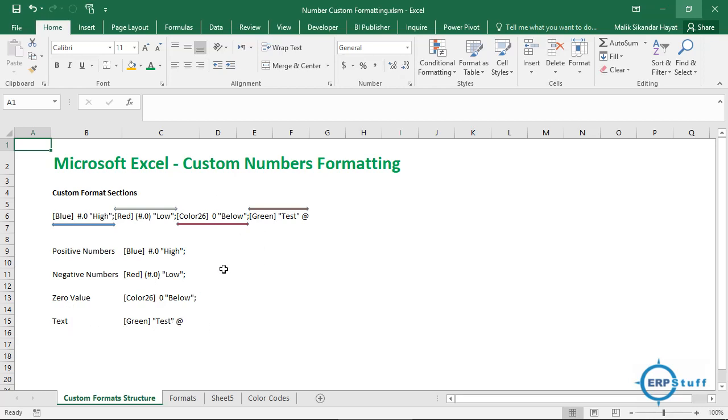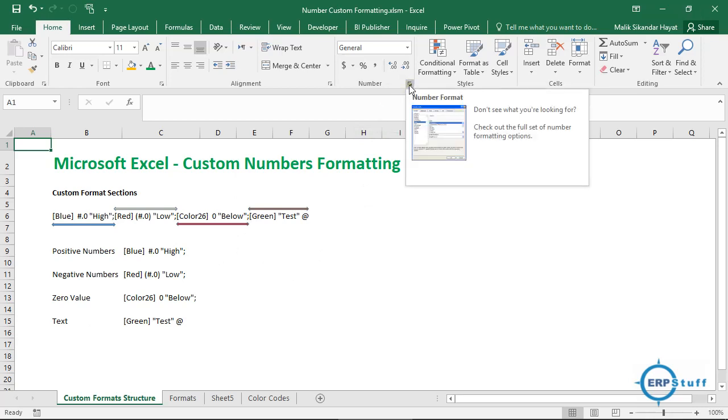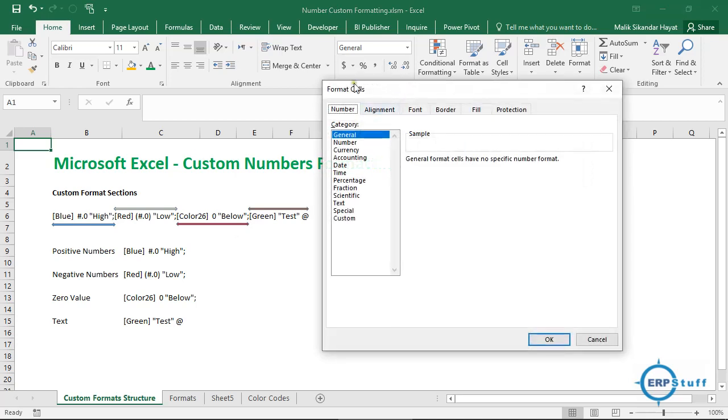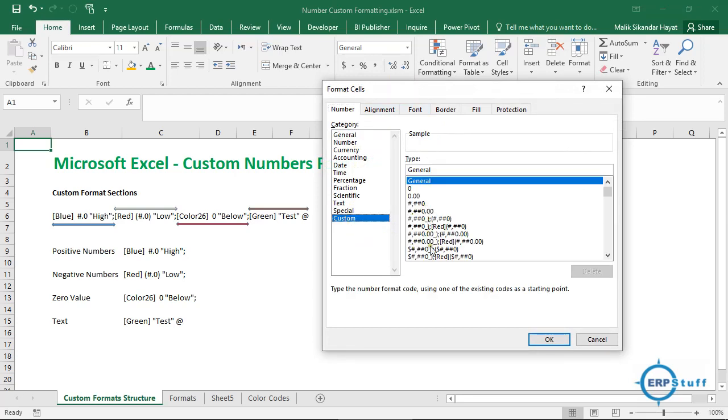By the way, where is this custom number option? You can reach it from here by clicking this, and then you will have Format Cells, and under Number you have Custom. There are certain defaults as well, and I will give you one or two examples. So this is custom numbering.